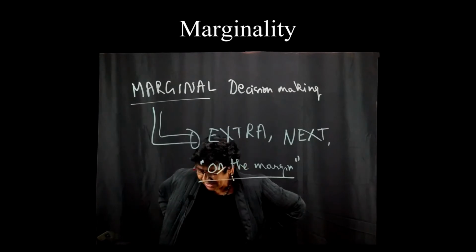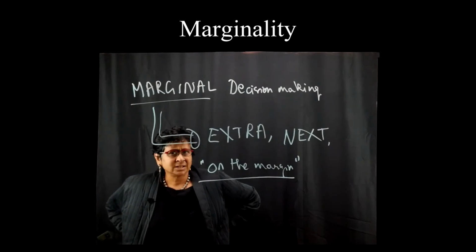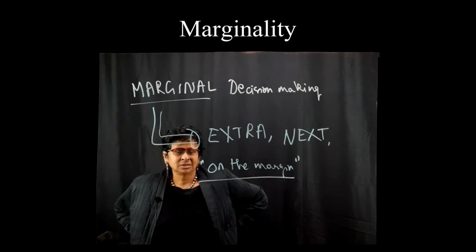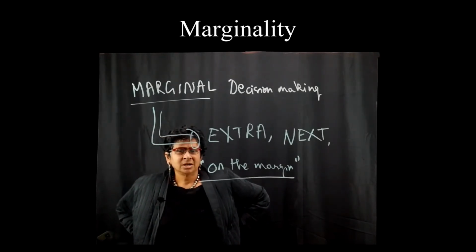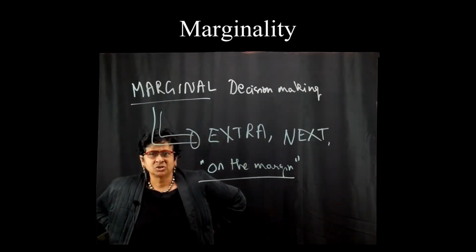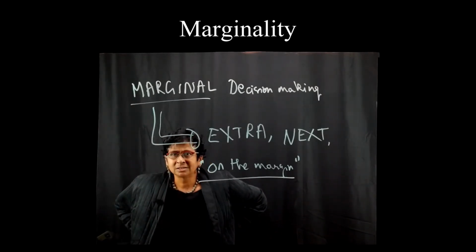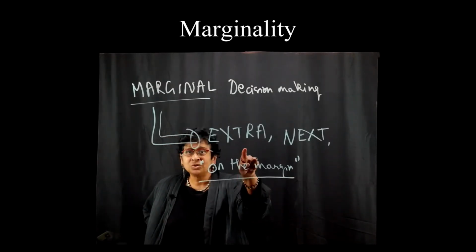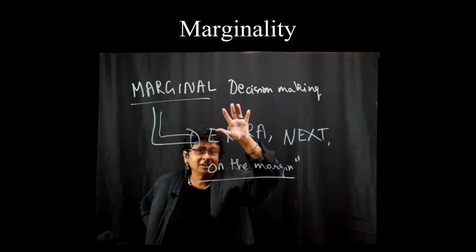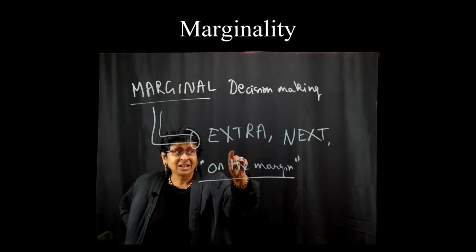And the idea of marginality is that I'm operating unit by unit by unit. I'm asking myself, how much am I getting from this extra unit on the margin? Extra. Next. How much am I benefiting from this extra unit? Extra. Next, on the margin. And how much am I going to give up? Opportunity cost to get it. If what I get from that extra unit is more, if the marginal return, whether it's utility, revenue, whatever, if the marginal utility, the marginal return to that extra next unit